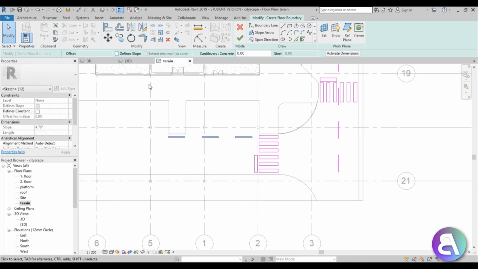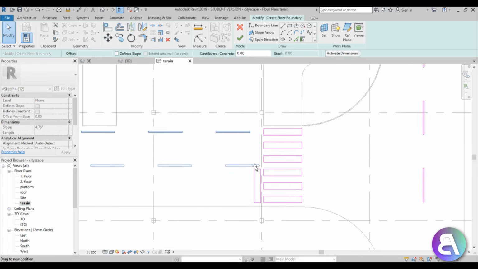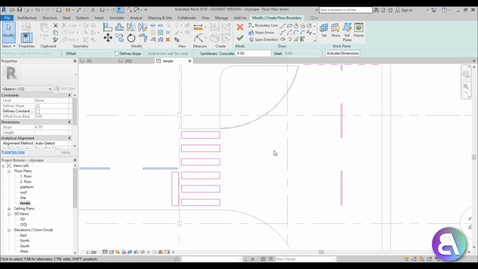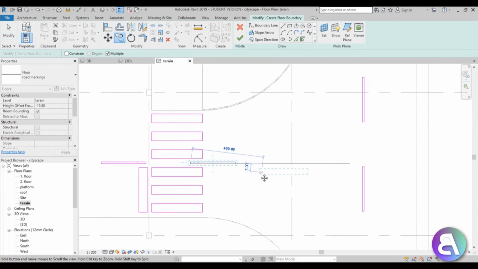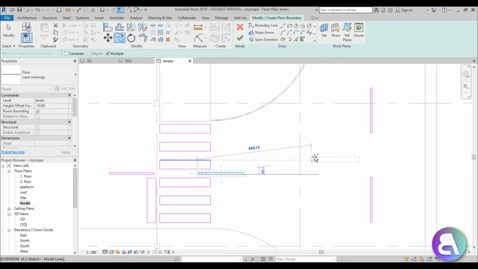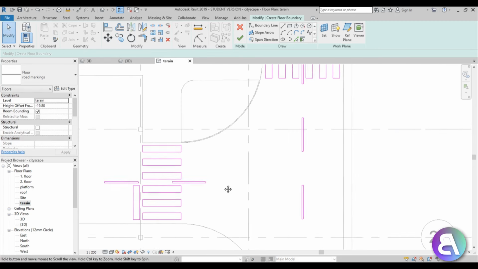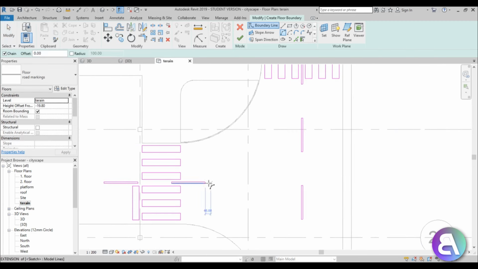Okay, let's just type in 90. And then we can just place them here at the center. And then what you can do is you can just copy one of them. So just go copy, copy by 500. And yeah, and now we need to have that kind of a curving line, so you can just do that as an arc. So you just go from here to, I don't know,